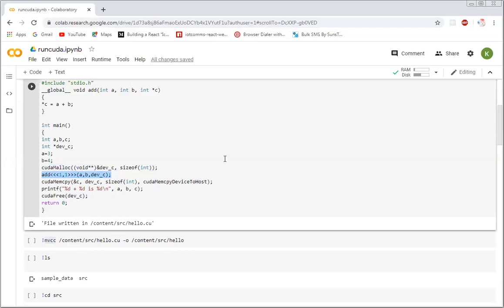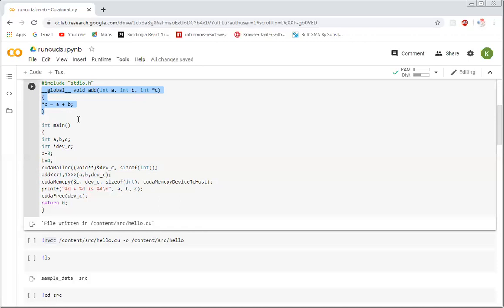Now you want to execute something. You want to execute a function. Function name is add. It is somewhere here. If we would have not written __global__, in that case, it would have not been a kernel function.